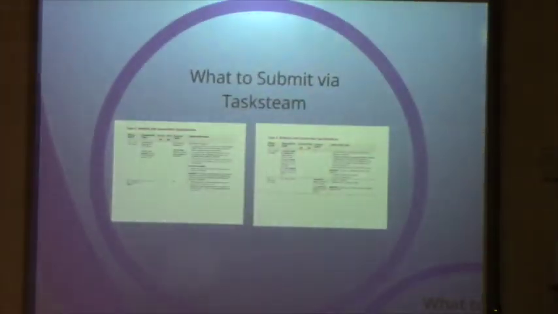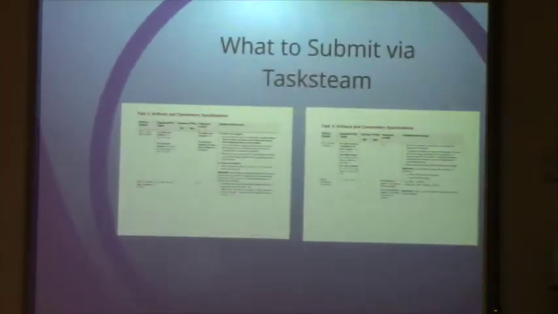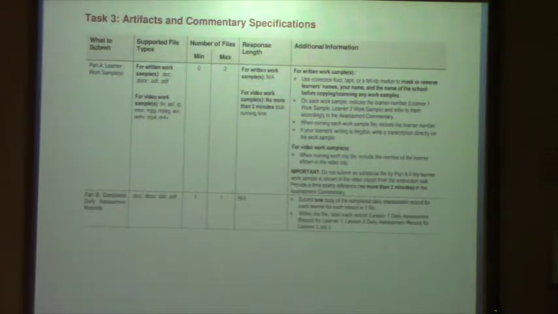So what do you need to submit to Taskstream? Well, this is in part 3 of the packet that you have. You need to submit work samples. What they want is actual samples of student work. So if you have students doing,